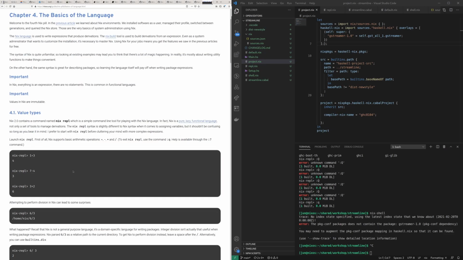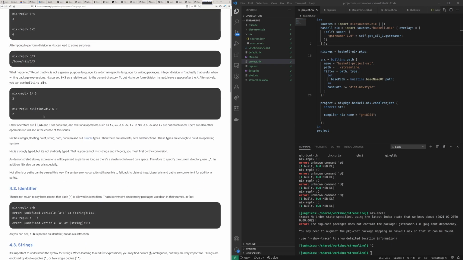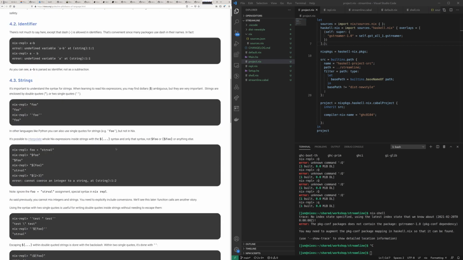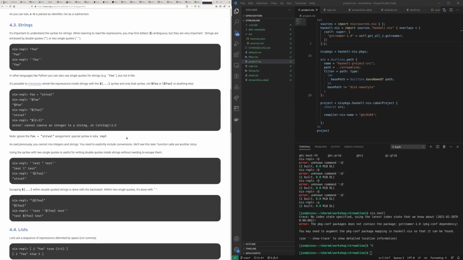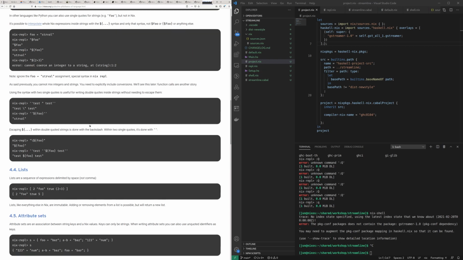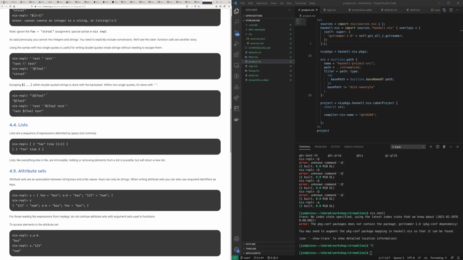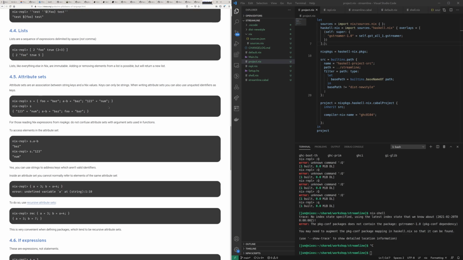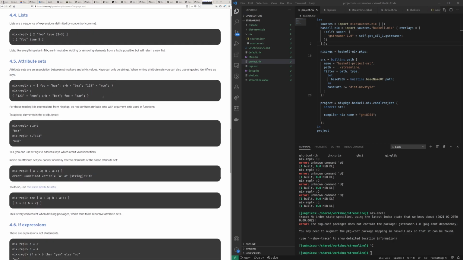Basic of the language, Nix REPL, built-ins, antivirus, strings, interpolation, quoting, lists, maps, attribute sets,